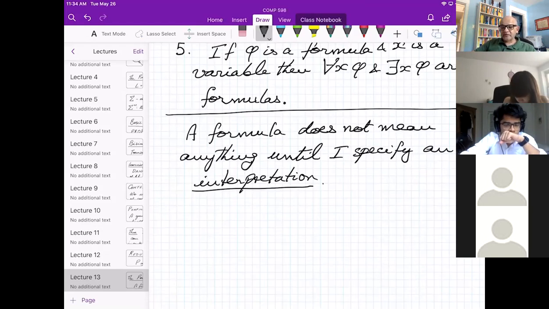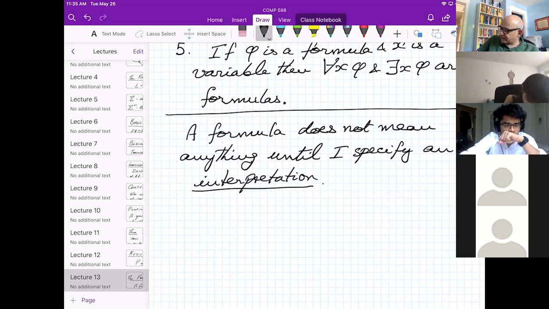Even with arithmetic, we can do that, because we can say, oh, I'm now going to interpret everything mod 17 instead of making it ordinary arithmetic. And that's another completely different, equally sensible interpretation of the symbols of number theory. So we have this flexibility to cook up interpretations, and we are going to specify exactly what that means now.